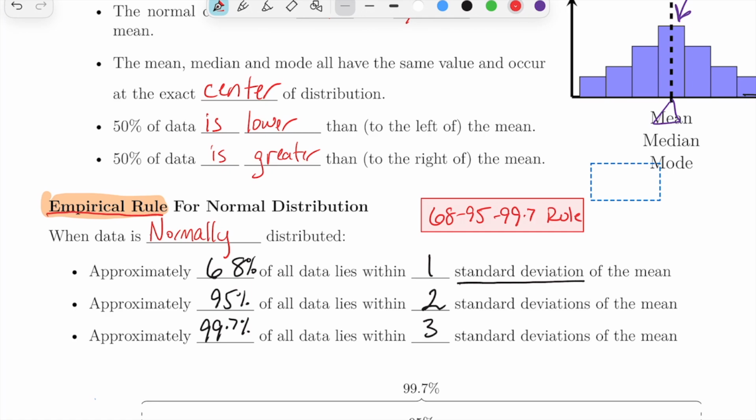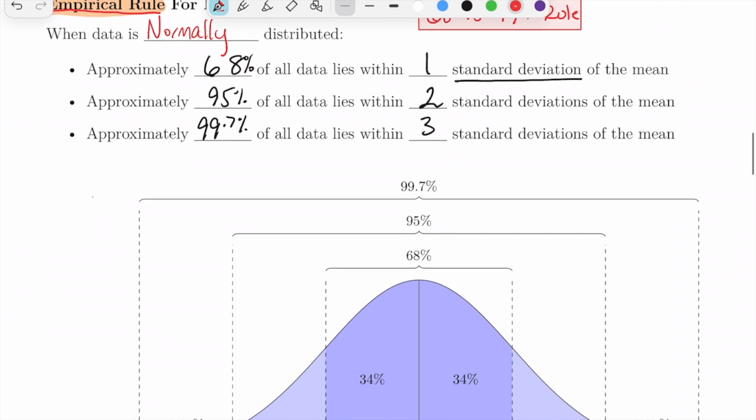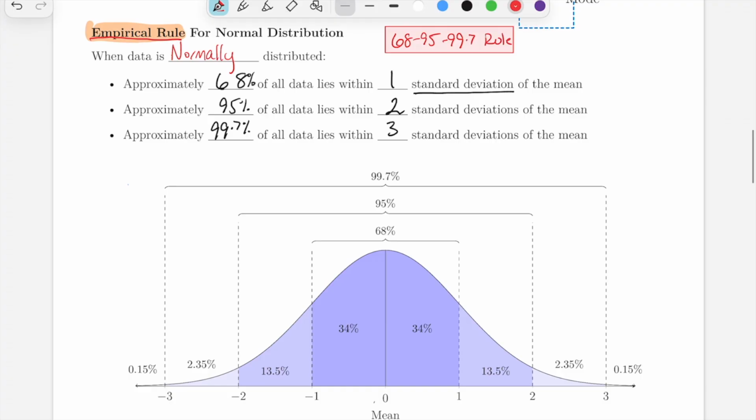So a lot of people tend to call it the 68, 95, 99.7 rule. When you look down here, you can see a normal distribution that has been split up, and you can see a whole bunch of different percentages. The first percentage that I want you to observe is that right here is 68% of the data. If we start in the middle and go to the left one standard deviation and to the right one standard deviation, then about 68% of the data is going to be within one standard